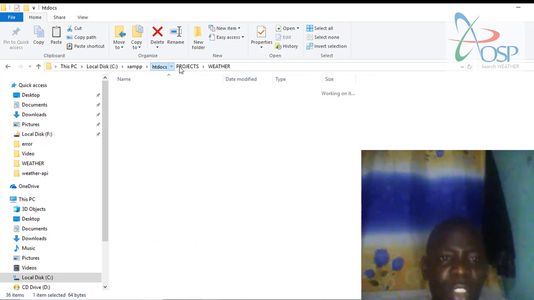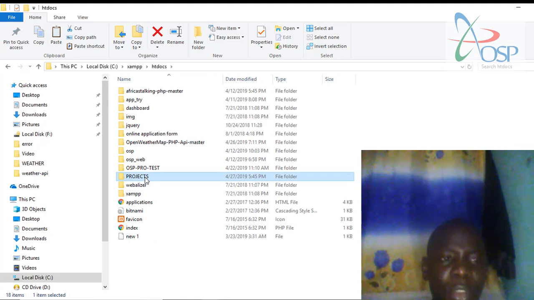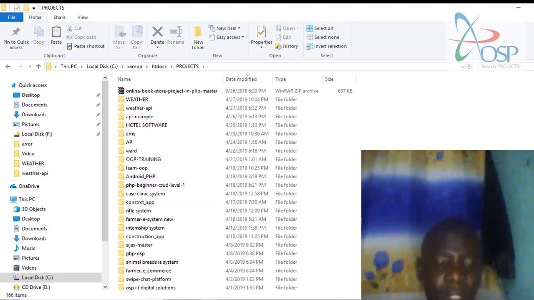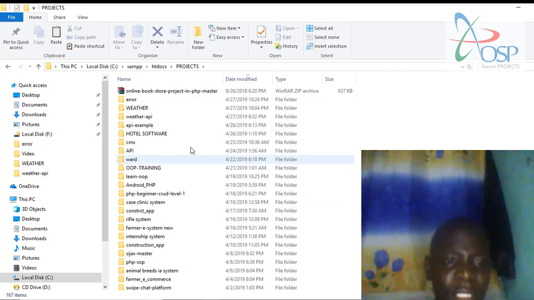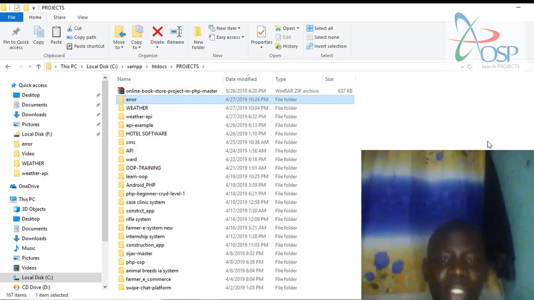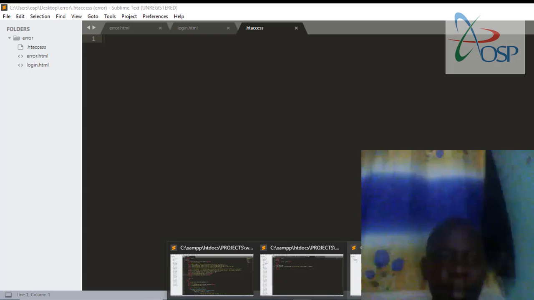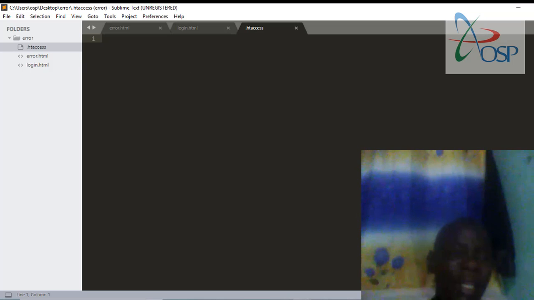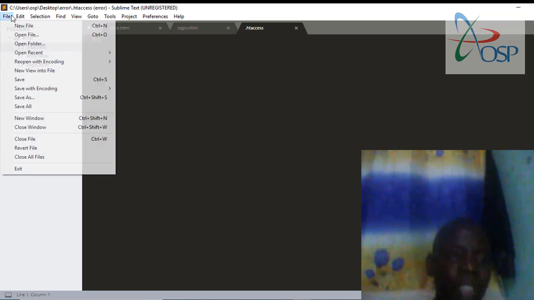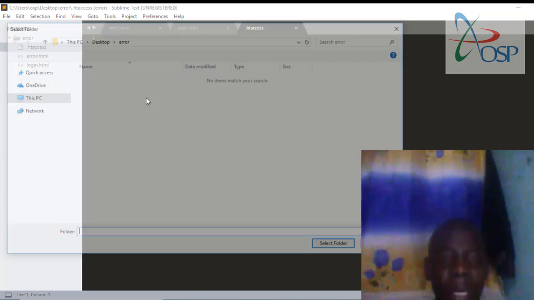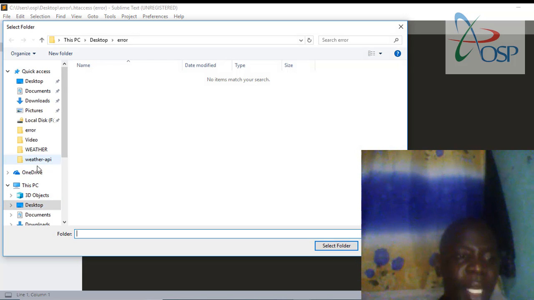I take it back to this project. If it is okay with you, just put it inside my projects. Here, this is the page. It's in XAMPP, htdocs, projects, in my projects folder, and these are all my systems as you can see down there. So I'm just going to change the path of this project by maybe opening up a new project like this. Open it up, and I go back to my PC